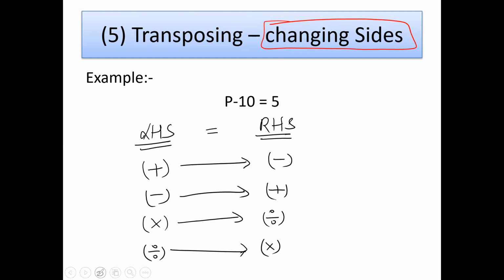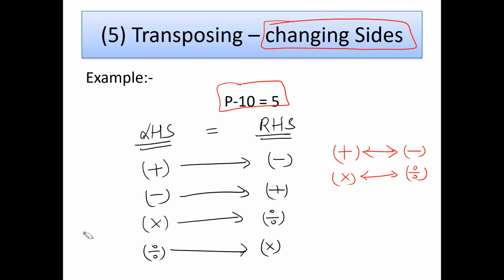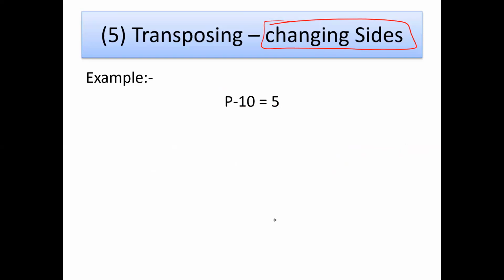So, यहाँ से हमें क्या पता चल रहा है that plus and minus will get used interchangeably, and multiplication and division will be used to exchange the sides. Now we have a question here. Now let us see how we will solve this question. First we'll write the rules in short. We said that plus will become minus, minus will become plus, multiply will become divide, and divide will become multiply.